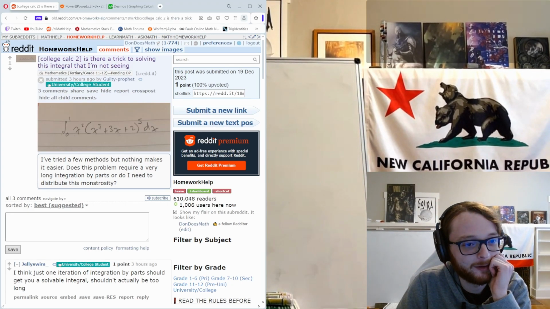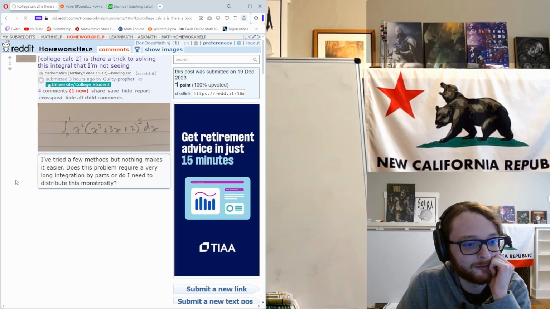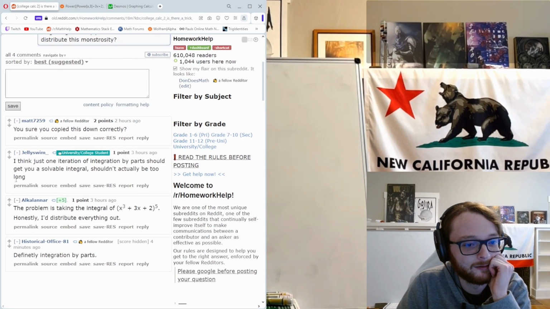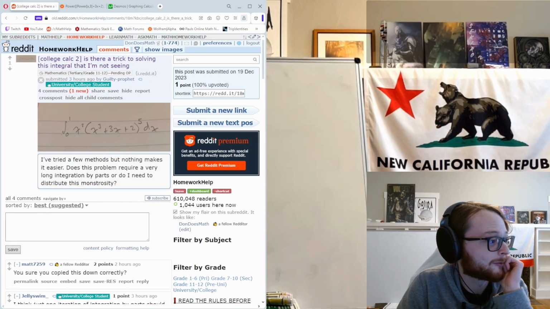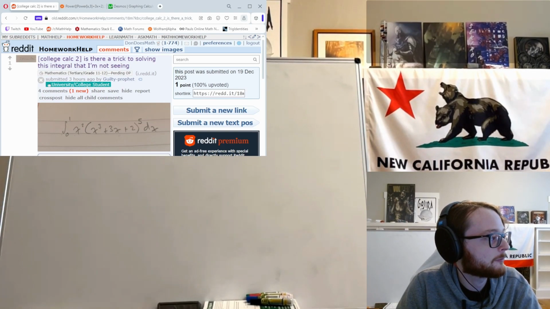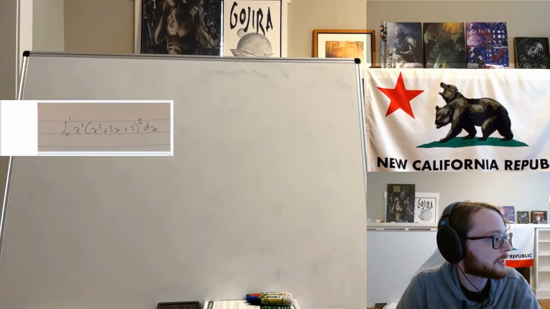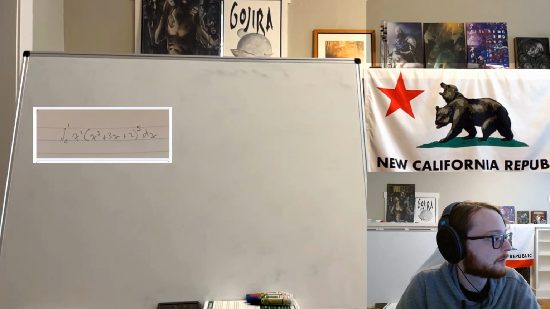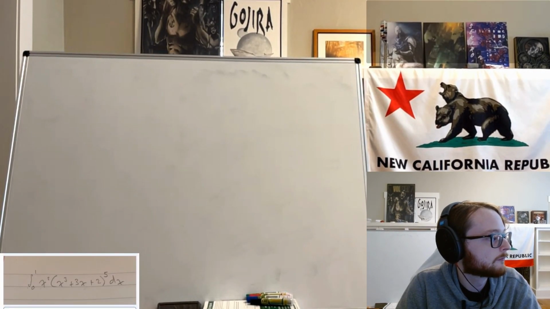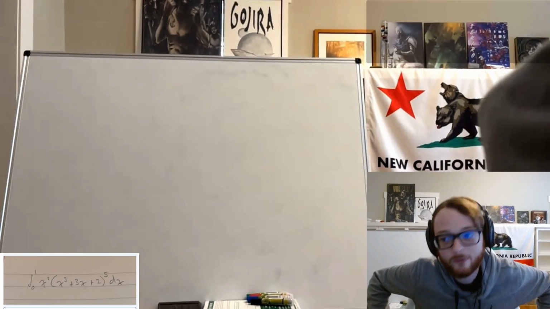All right, this one has made me curious. I want to see what happens if you try to integrate this by parts, because it's a good thought. This is definitely integration by parts. I'm not so sure about that. I mean, if it's being given to a calculus student, I would think it has to be. But when I try to work it out in my head, it didn't seem like it cleaned up as well as they might think. So I kind of want to investigate this.